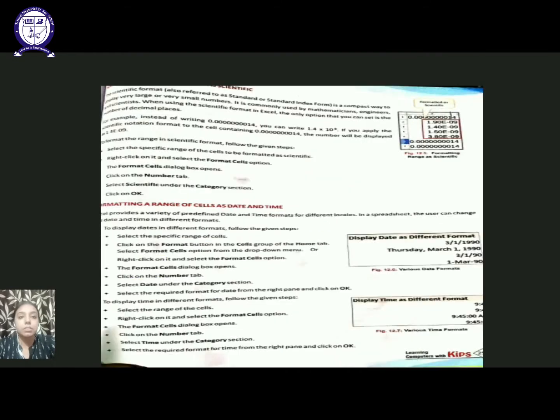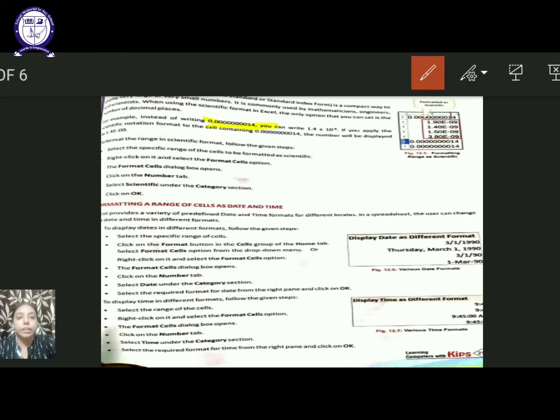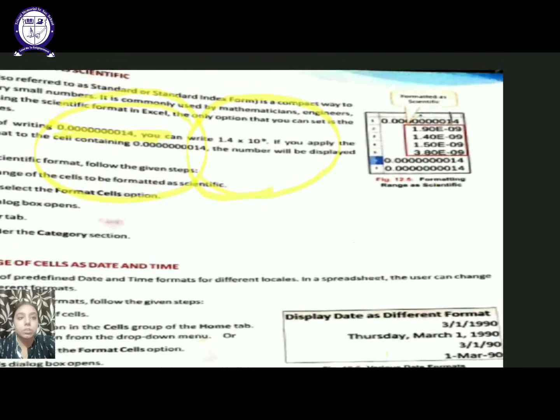Next we have is formatting the data as scientific. Now what is the meaning of scientific? Sometimes we have a large range of values in the decimal places, like I write here 0.00014, and I want to write it in the scientific form, because like this it is not readable or it becomes a little complex to read. So I want to write it like this. So what you have to do is, here at the top in the sheet you can see it is written 0.000014.